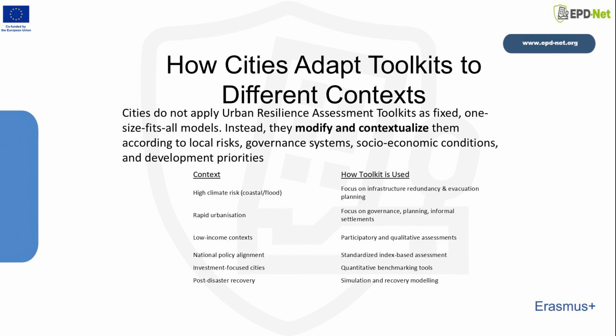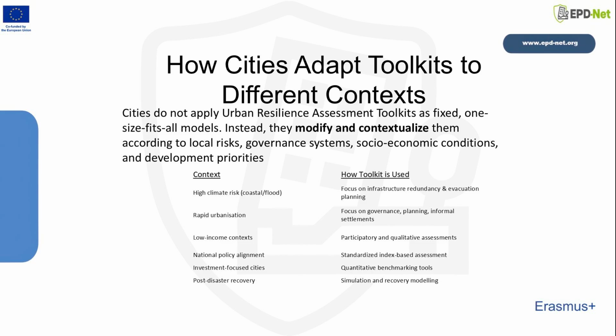For example, earthquake-prone cities such as San Francisco and Tokyo focus on seismic resilience models such as simulation-based or earthquake scorecards. Governance capacity strongly influences toolkit use, as, for example, highly institutionalized cities may use comprehensive frameworks such as the Rockefeller Foundation's City Resilience Index, or cities with developing governance systems may adopt simplified scorecards or community self-assessments.